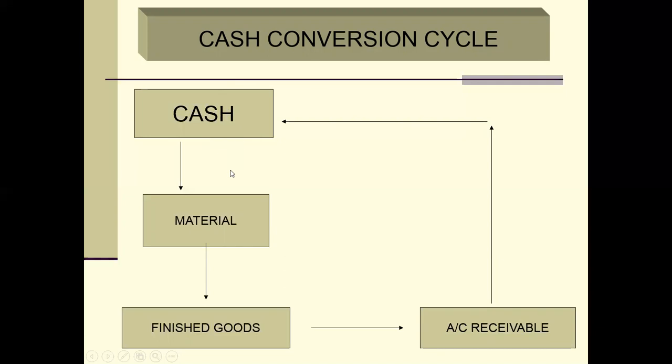I'm keeping it simple for you. I'm not putting in technical terms like material. When it is converting into finished goods, naturally there is processing and it takes time. When you are selling it, selling will take time. It might be possible that you have stock in your store for 10-15 days and then you are able to sell it. But whenever a question gives you the cash conversion cycle concept, keep in mind